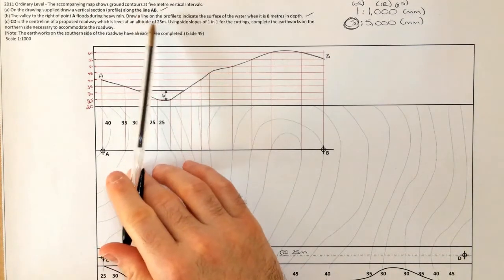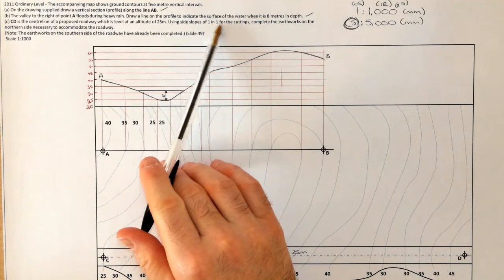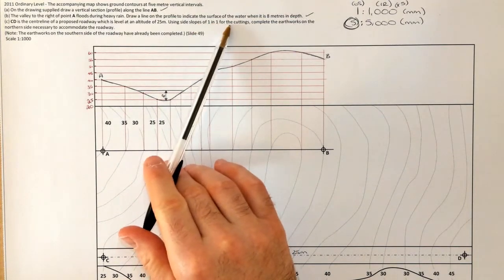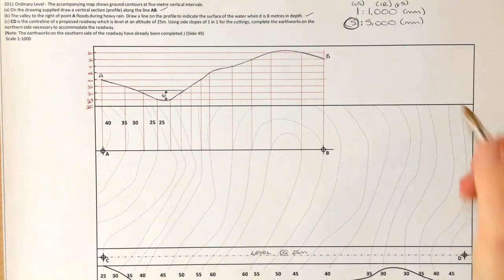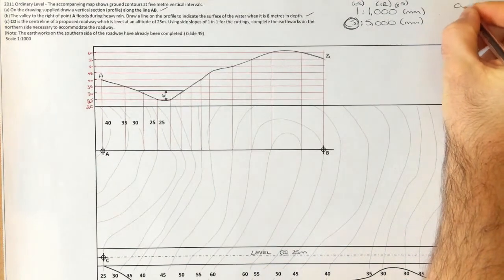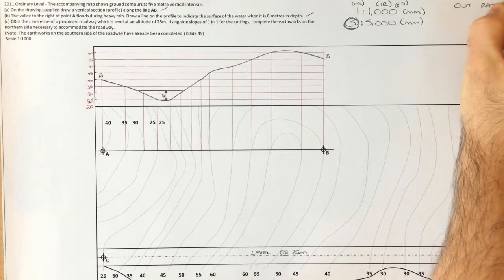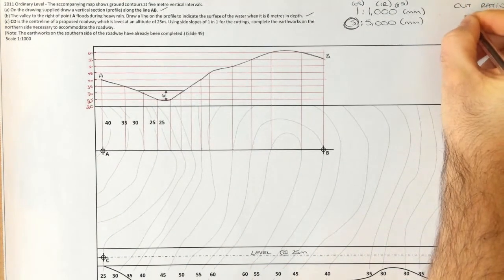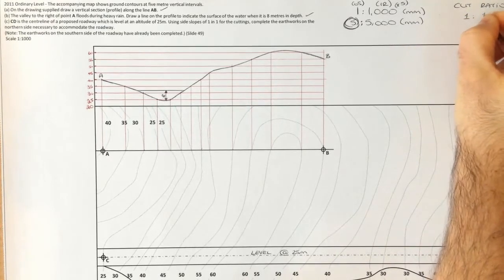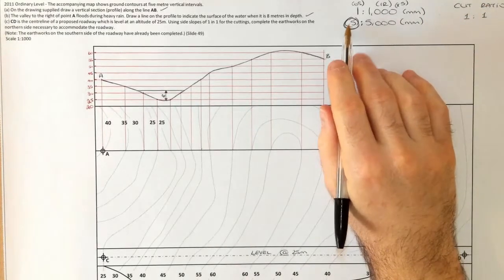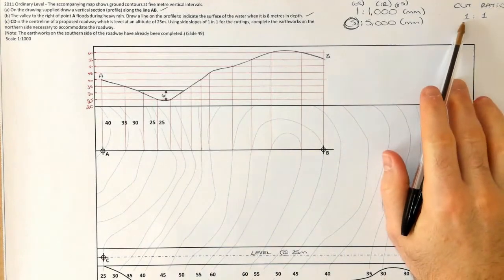And they've given us a cut ratio. So using side slopes of 1 in 1 for our cuts, complete the earthworks. Because of our cut ratio, so go back up here, our cut ratio is 1:1. We'll refer back to our magic number here of 5. We're just going to times that